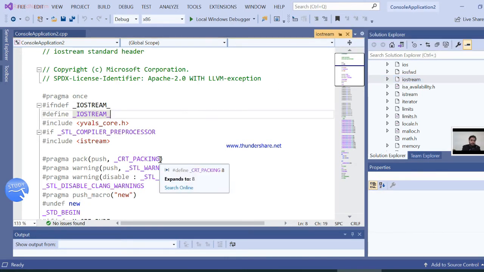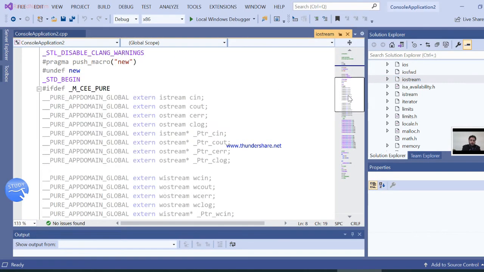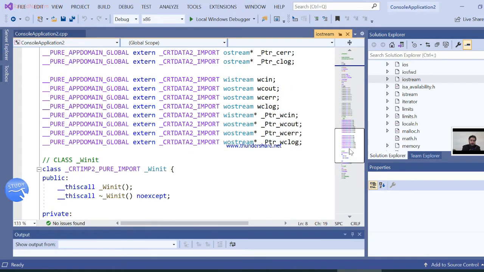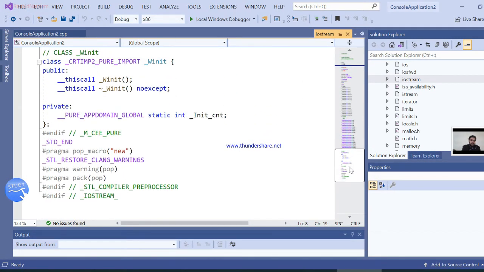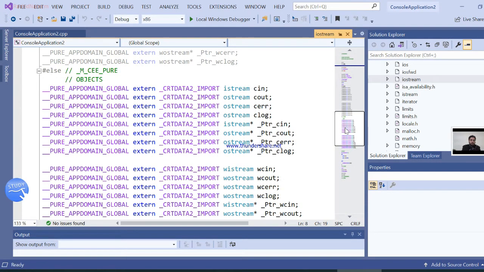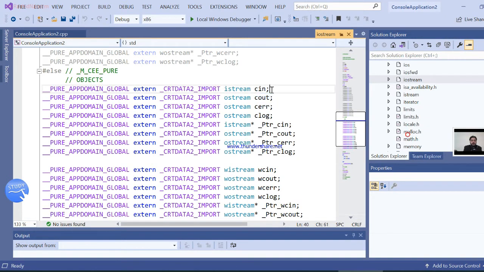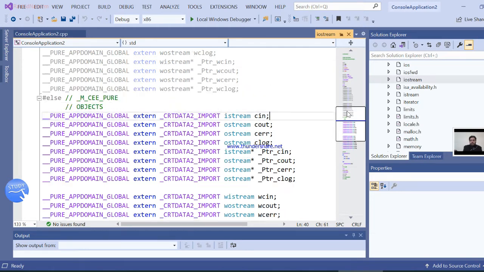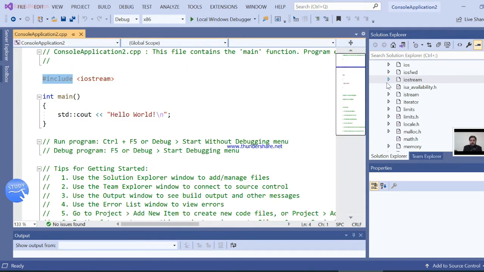So you can see the abstract code in this file. You will not be able to see the definitions of each function here, but you can see the abstract view of each function, only the declarations. For example, this is the cout we will be using, and this is the cin that we will be using for input from the user. Okay, so close this file.